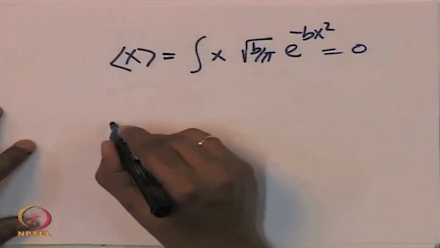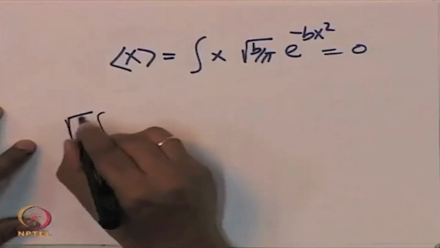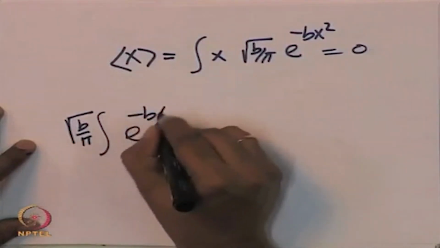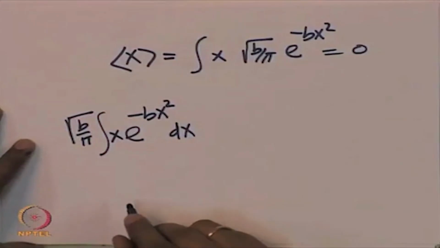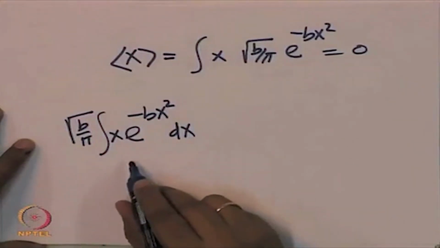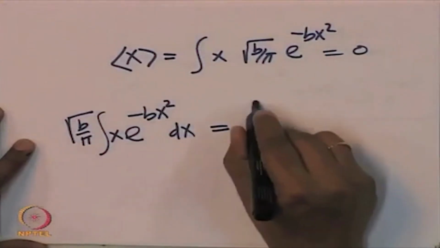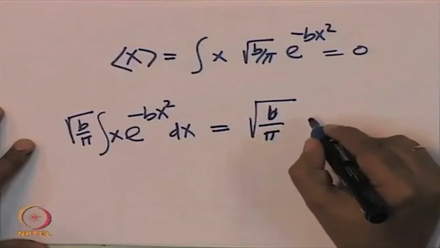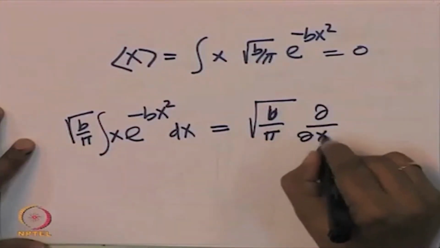So let us do it the rigorous way. What we want is root of b by pi e power minus b x square x dx. I can write this as root of b by pi del by del x of